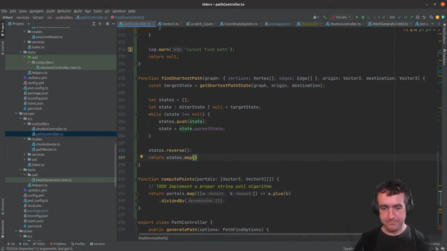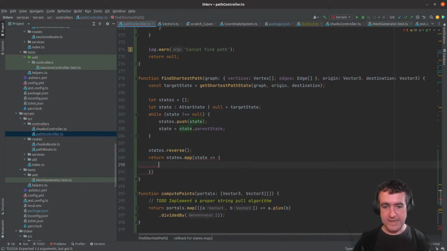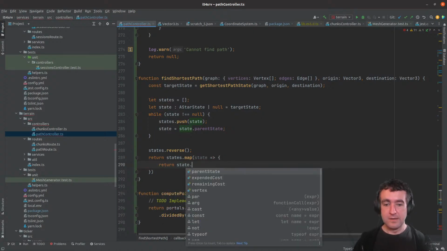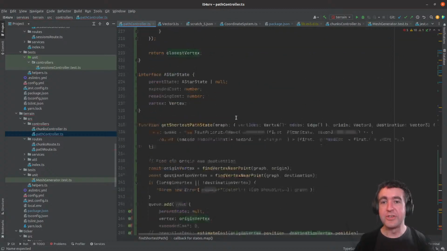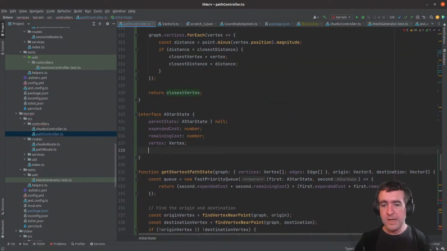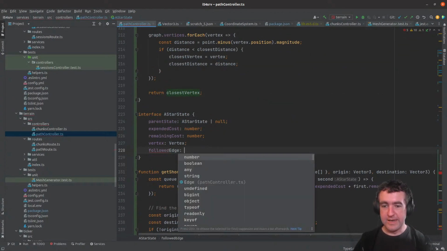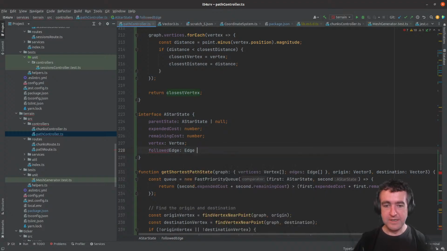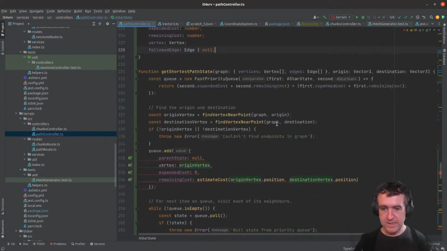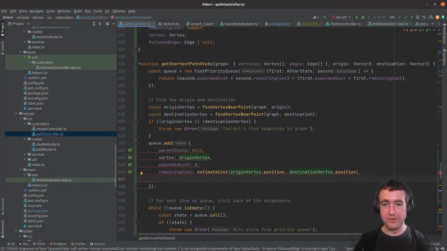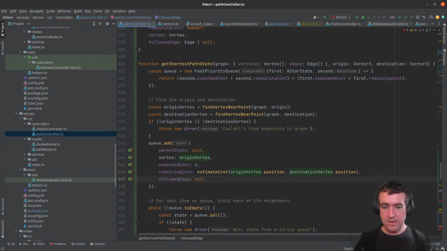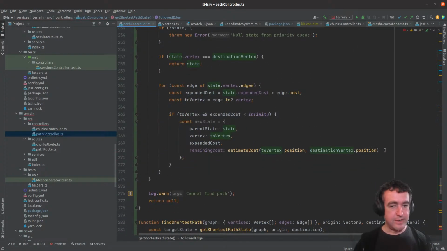So then I should be able to just return states.map, state goes to... You know what I don't store on a state? The edge that I followed. Followed edge itself is going to be an edge or null, because a parent state cannot have followed an edge. So we'll just set followed edge to null. And then when we put an edge in,